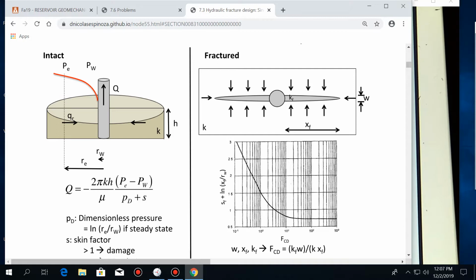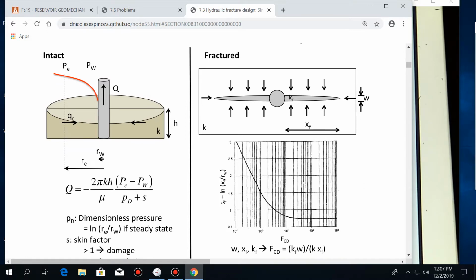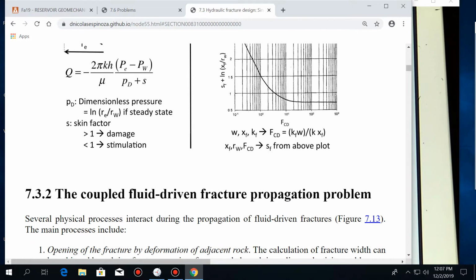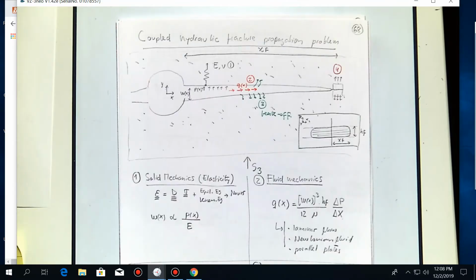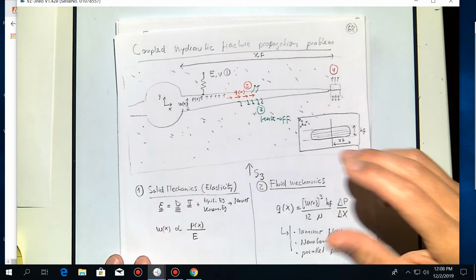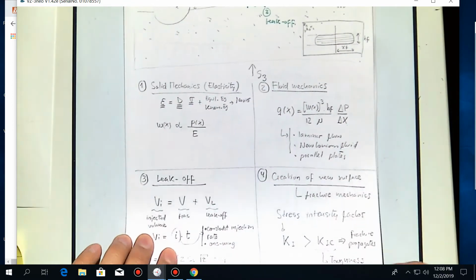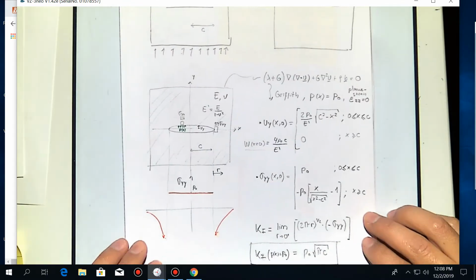So we are trying to see what are the fracture length, fracture height, and fracture width that result from injecting fluids, and we started that with these models that we mentioned. So let me come back quickly over here. First of all, we talked about what is the mechanics of a hydraulic fracture, coupling the fluid flow and the deformation of the rock, and also how it breaks. And once we put all of these together and we do a little bit of math,